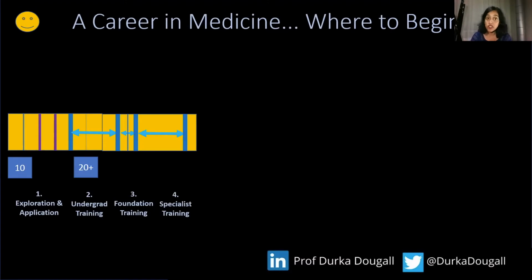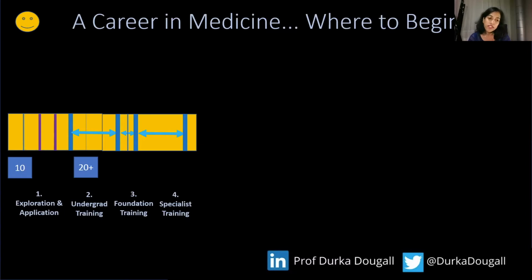After this, you'll usually embark on a period of specialist training. So you're a doctor, but you are usually a trainee, or a registrar. And the specialist training will be of 2 or 3 varieties. So you can have run-through training, you might have core and specialist training, or there may be other options for training. For this training, depending on which specialty you go for, can be anything between 3 to 7 or more